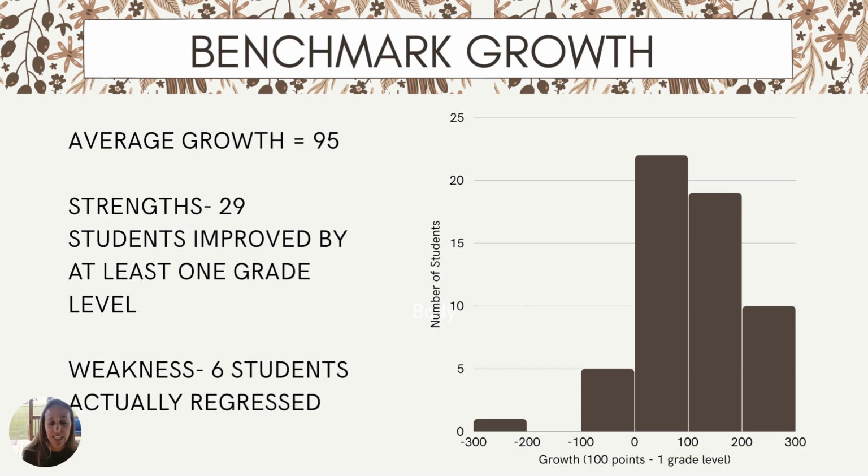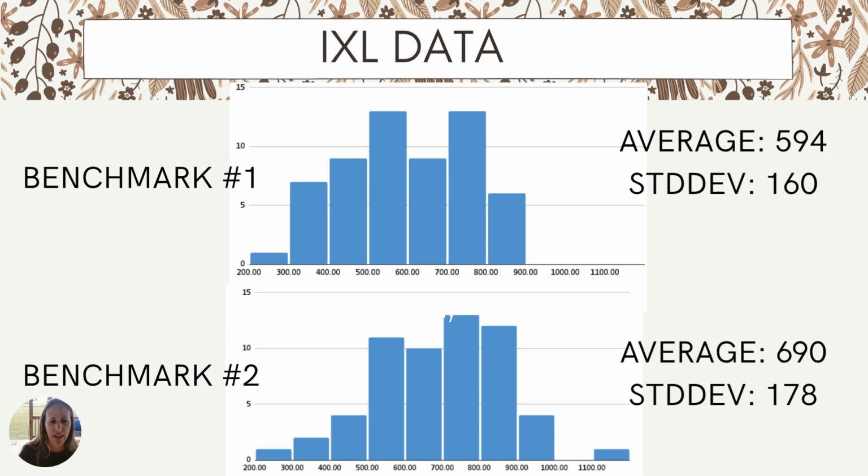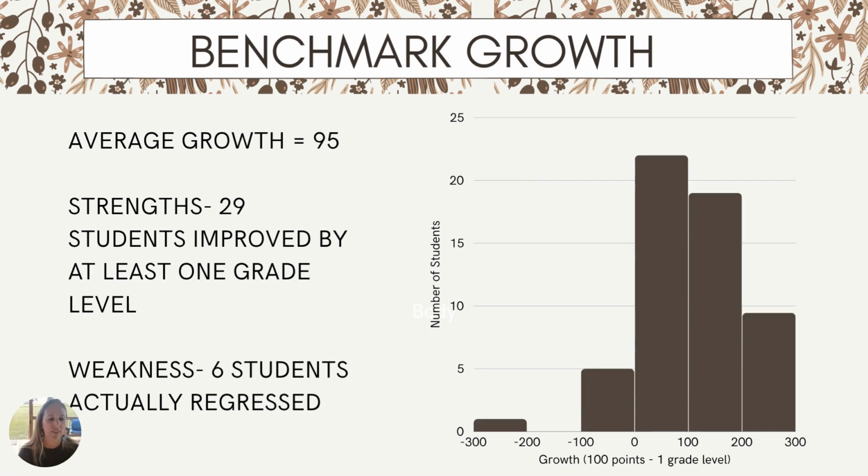And this is a histogram here. I'm sorry, I should have mentioned that in the last slide, that we're looking at histograms. So that's not necessarily the amount of students that scored one specific score. It's the amount of students that scored within that range. I chose to create a range of 100 for each little bin or bar, because that gives you how many students were in that grade level. So if you look at the 700 to 800 bar, you can see that about maybe 13 students were in that grade level. So that gives you an idea of just really their grade level,